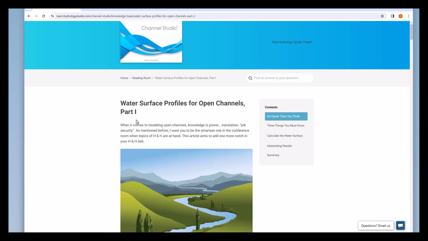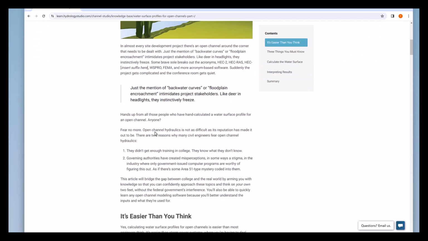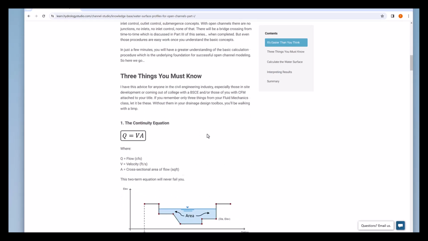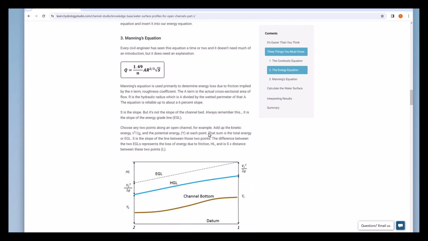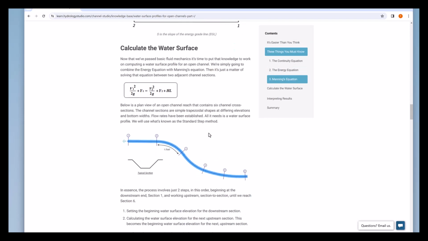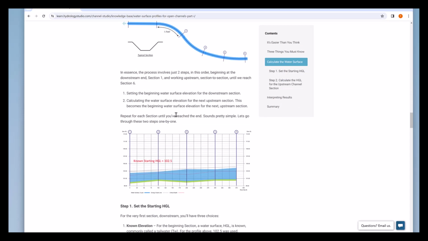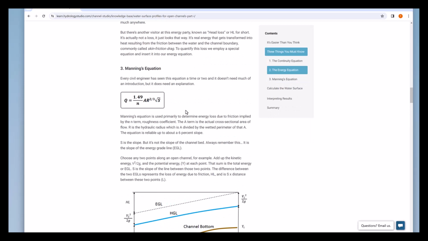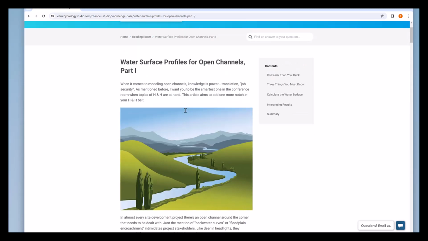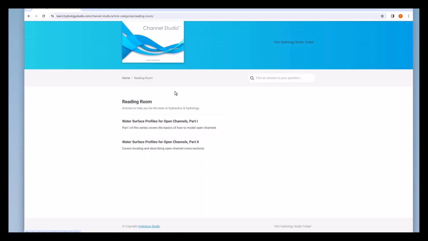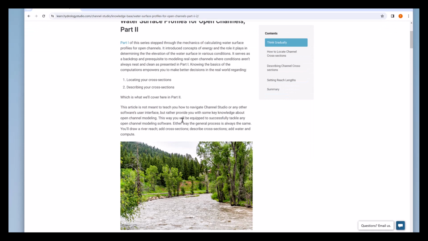It takes you through how water surface profiles are calculated, and some of the fundamentals that you need to know, and how to interpret results when you do get it. And part 2 takes you through dealing with real open channels and how to place your cross section. So I do encourage you to go through those, read them, and that along with this tutorial should put you